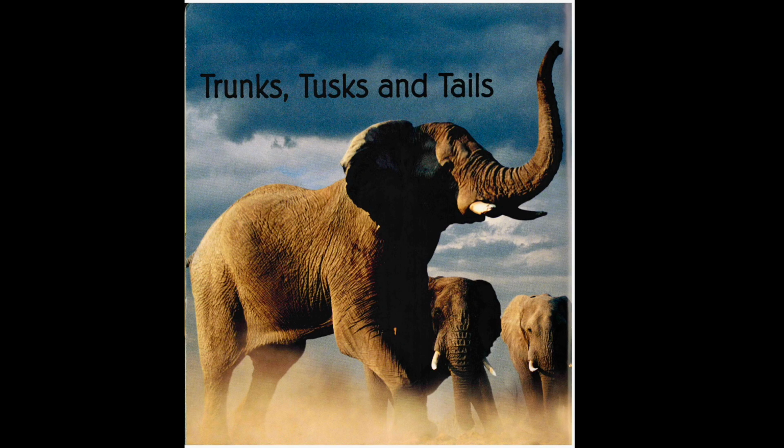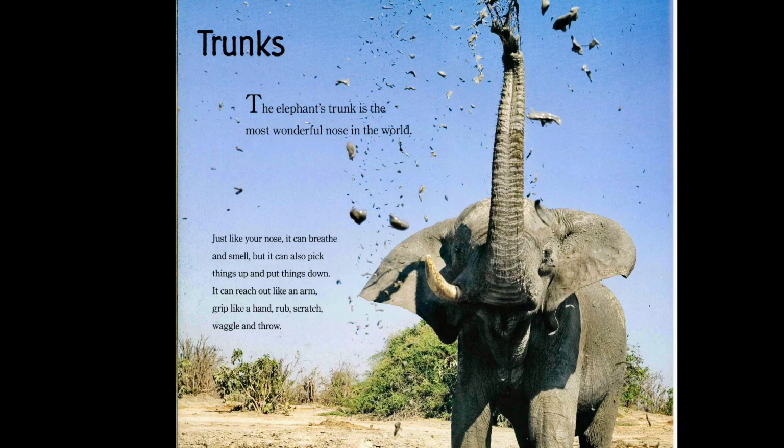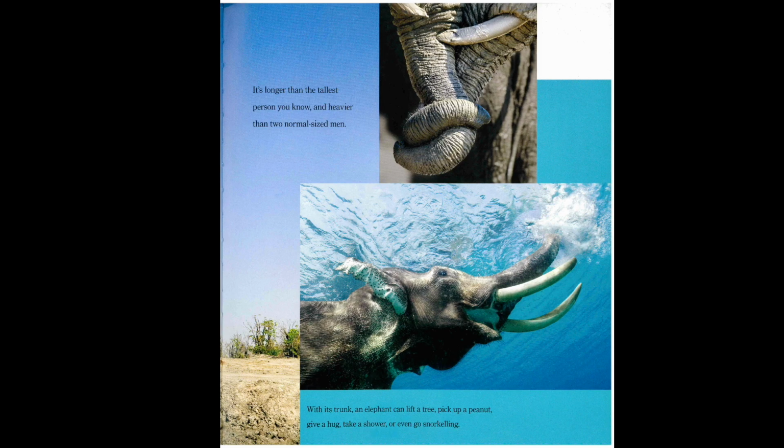Trunks, tusks, and tails. The elephant's trunk is the most wonderful nose in the world. Just like your nose, it can breathe and smell, but it can also pick things up and put things down. It can reach out like an arm, grip like a hand, rub, scratch, waggle, and throw. The trunk is longer than the tallest person you know and heavier than 2 normal-sized men. With its trunk, an elephant can lift a tree, pick up a peanut, give a hug, take a shower, or